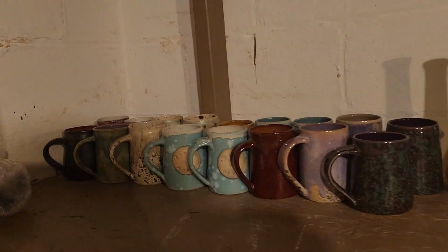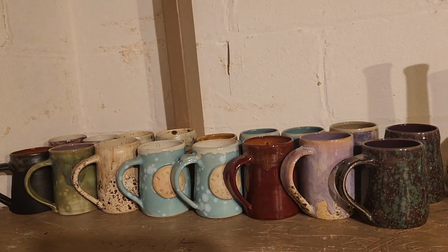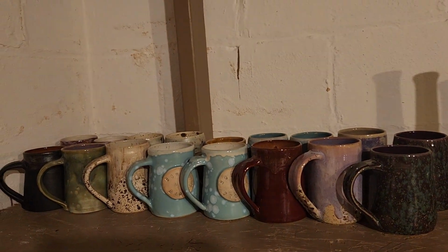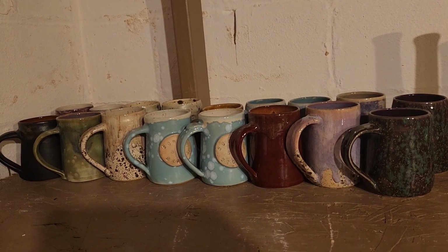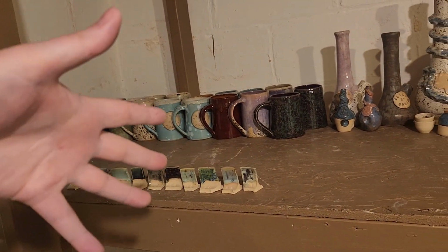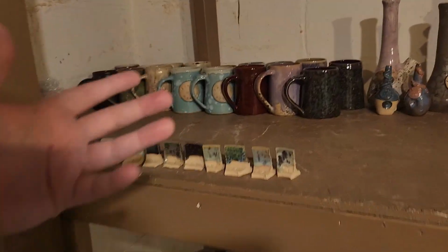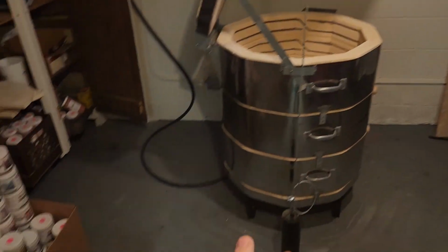And then we have mugs here. These are the remaining mugs that are left to be sold, that aren't at Opie's Bar and Grill. So we'll get those ones going soon. I just really want to have like a large batch of mugs so that I can offer them to people and then not be out when people ask. So we'll get to making more mugs, but for right now we have a lot going on in the studio